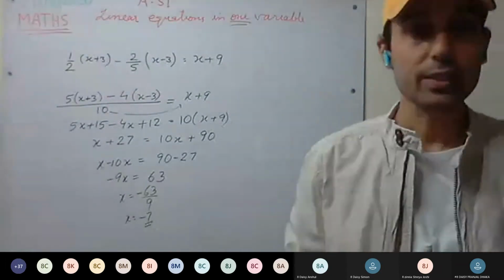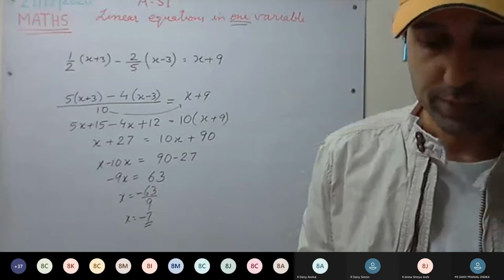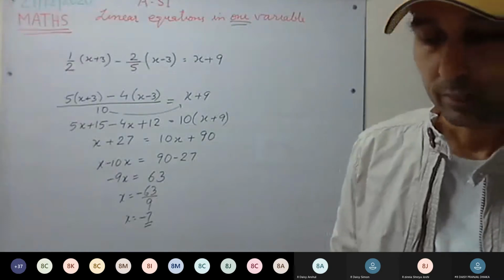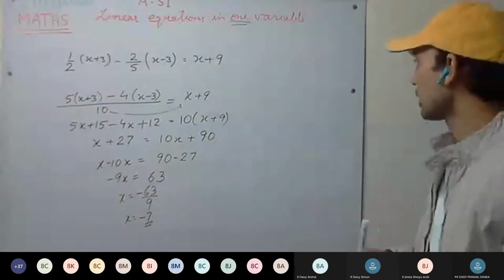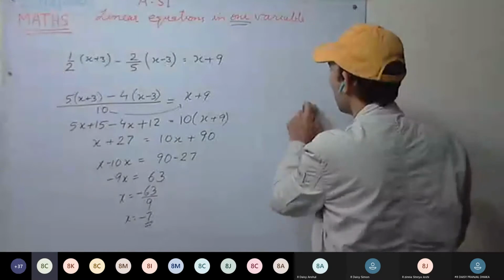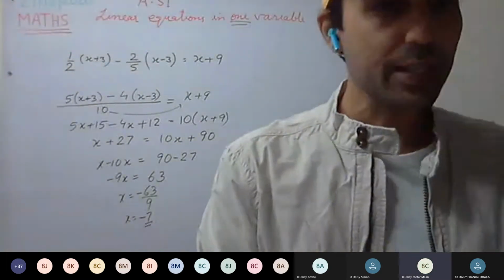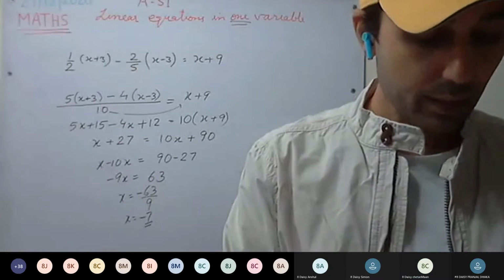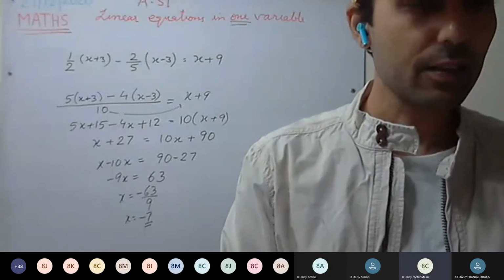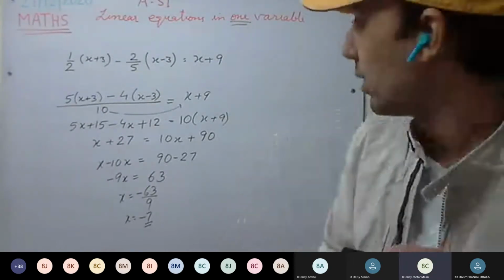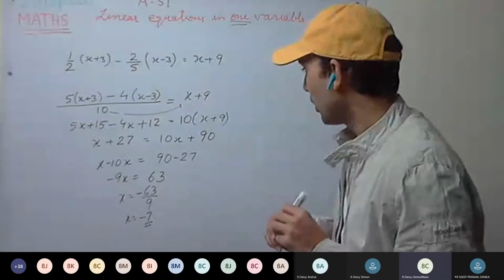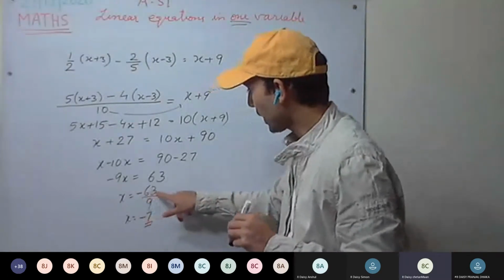Okay. Now do the third one. I give you 2 minutes to solve the third one. Then we'll be solving. Minus 16? Which one? See, the answer is minus 7 only. No, sir. How, sir? X is equal to minus 63, sir. How came, sir?